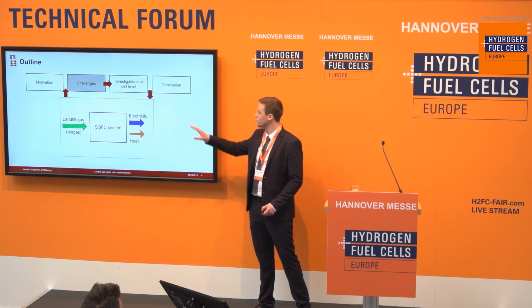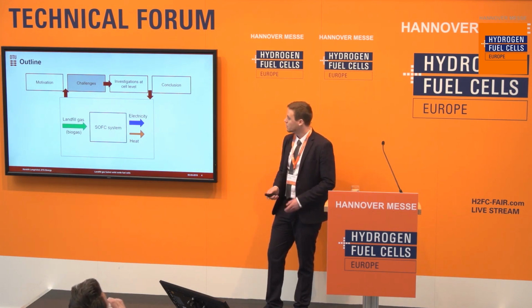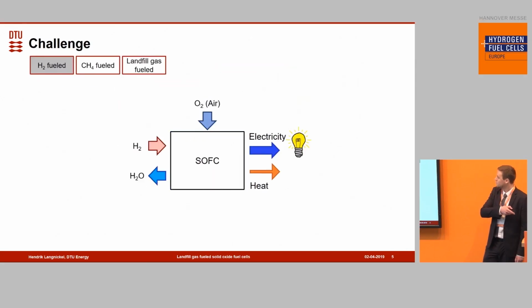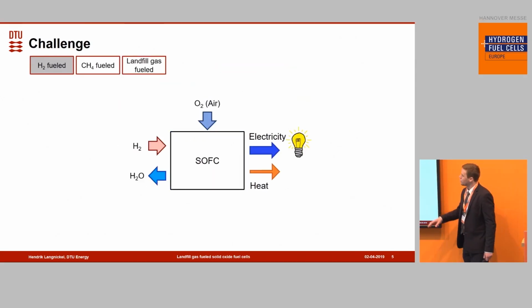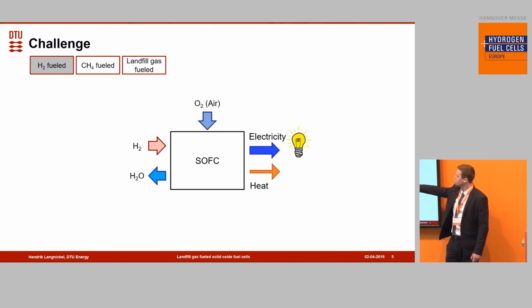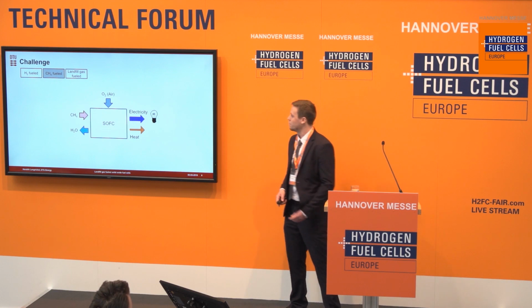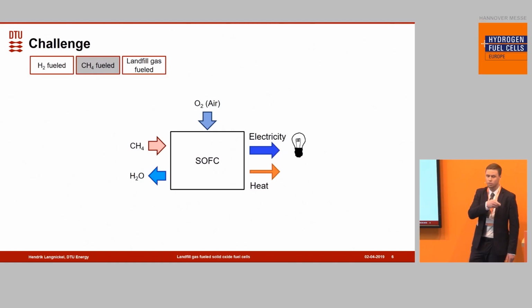So, coming now to some challenges we have to consider if we want to run this kind of system. So, what do we need to consider? The normal way would be if we run just a solid oxide fuel cell, we would operate with hydrogen, put air, oxygen on the cathode side, we produce electricity, heat, and we have steam as the exhaust. Now we have the advantage of the solid oxide fuel cell to use also carbon-containing fuels like methane. So if we would do it directly,